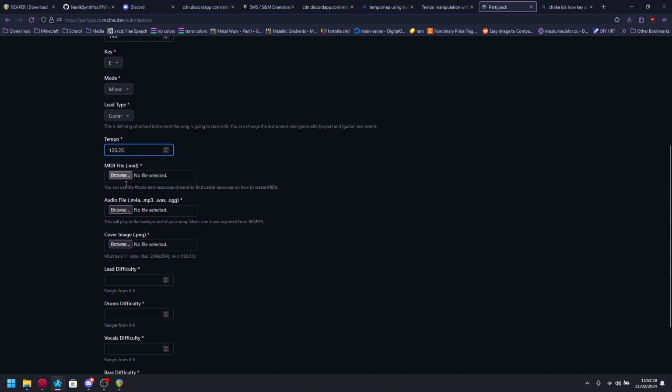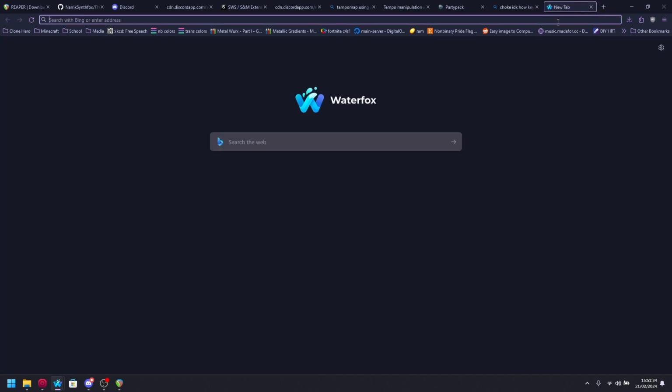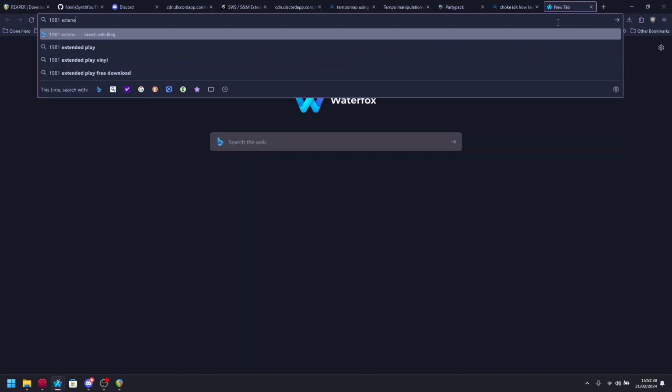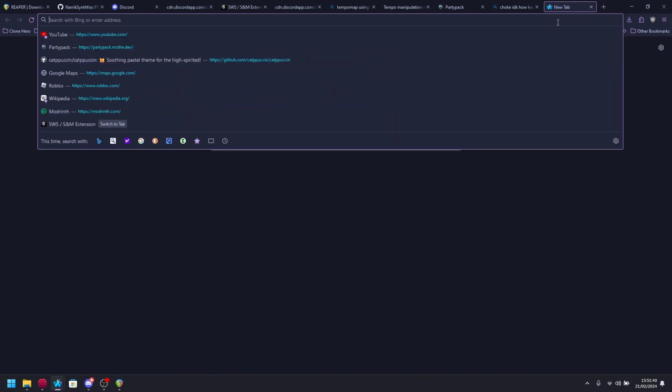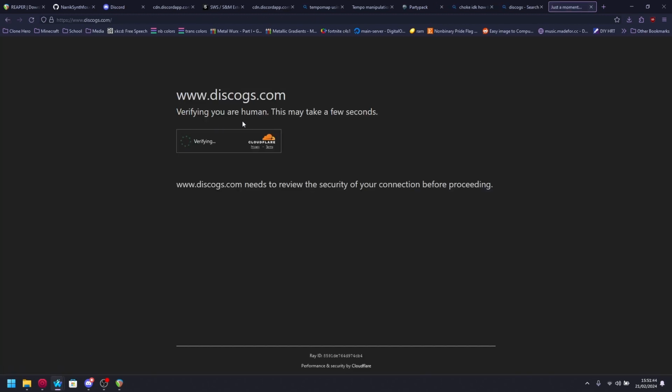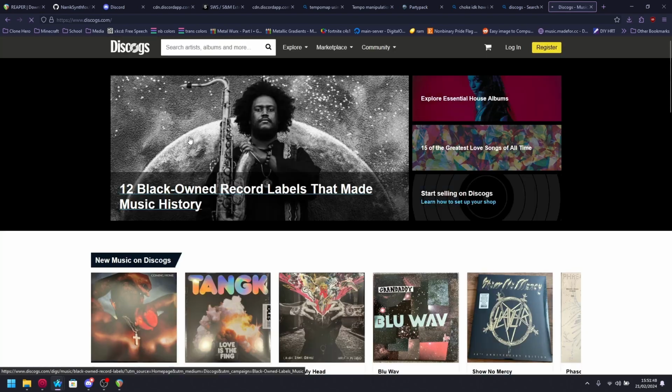Now, three most important parts. The MIDI file, audio file, and I guess cover image. You can literally just search like, you can go to Discogs. That's where I go because it has like album arts like ripped from, like literally it's pictures taken of it in perfect places. You can search like,